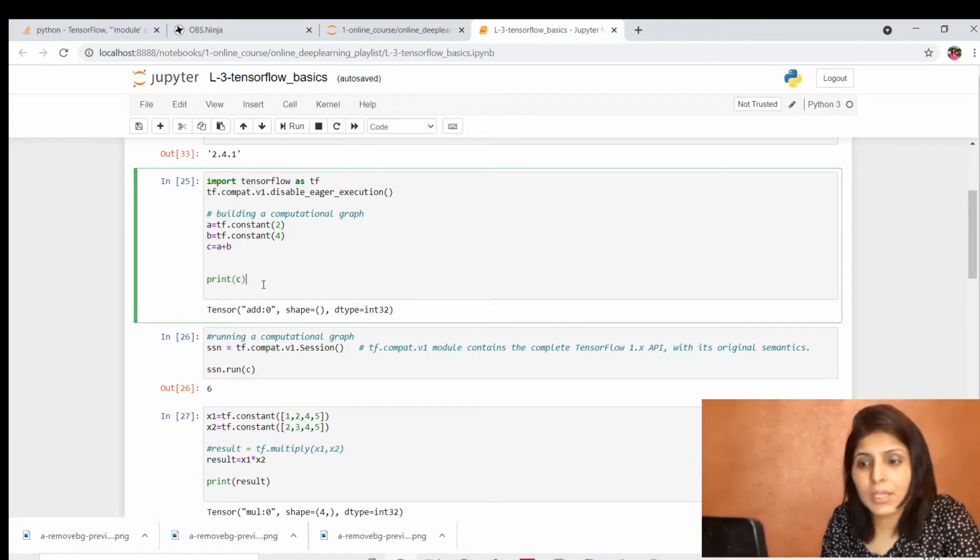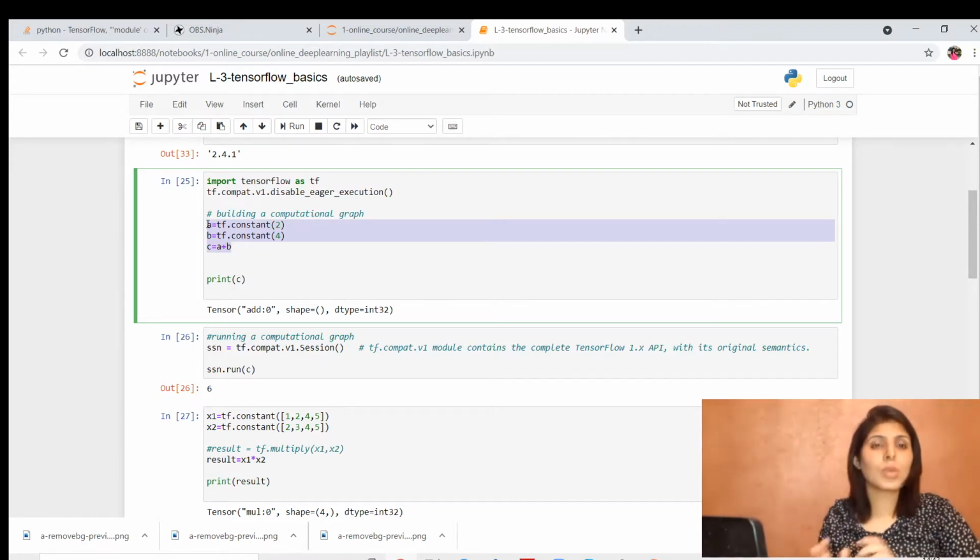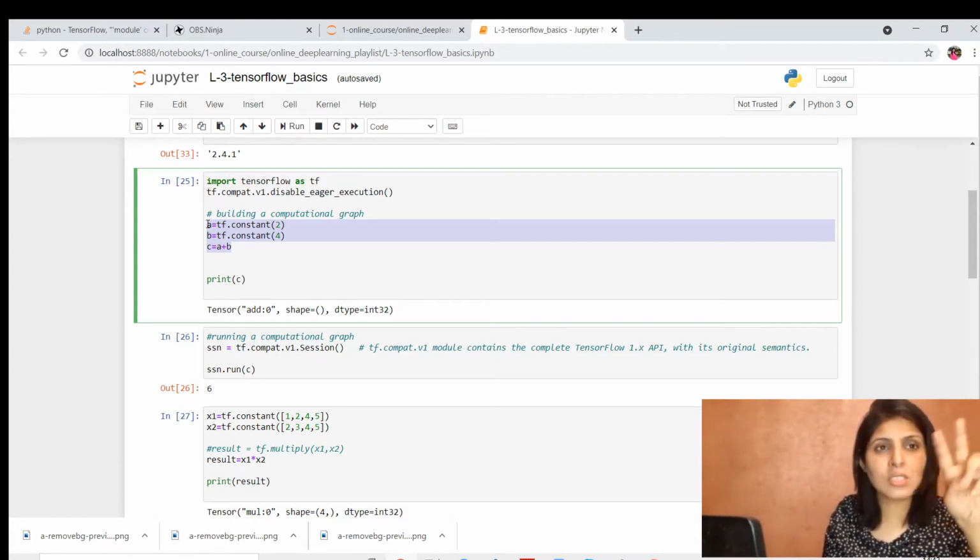Why? Because this process is called building a computation graph, meaning we are telling what to do. But we need to give a command to perform the addition operation. So there are two parts: one is building a graph, the second is running a graph.